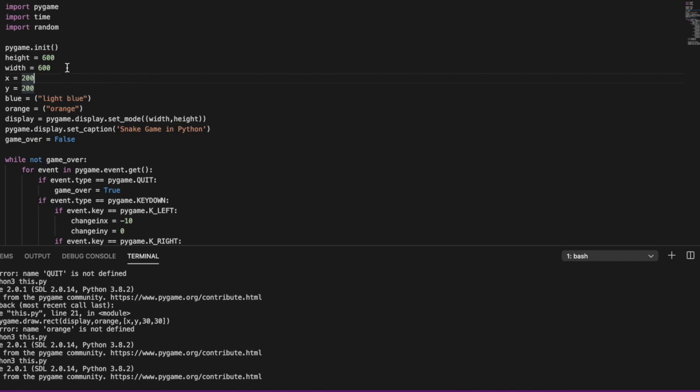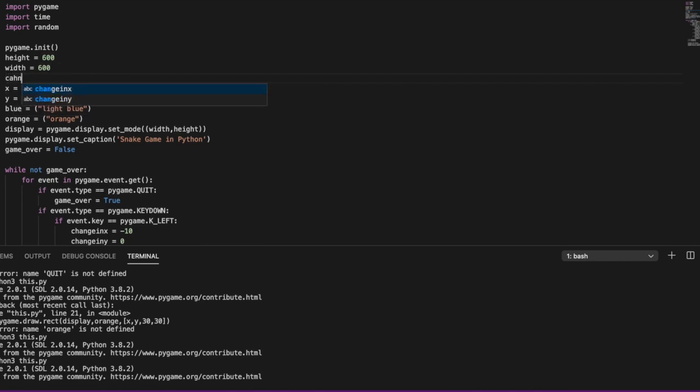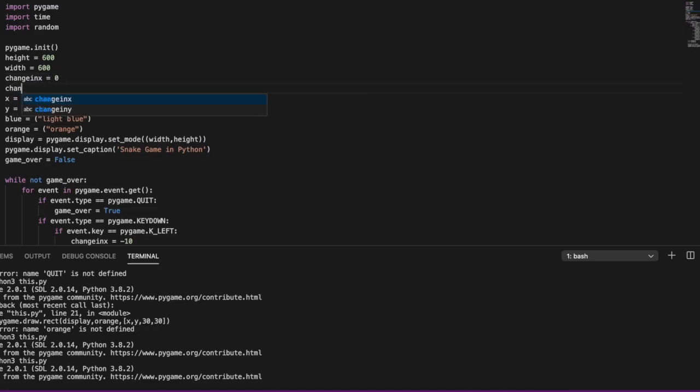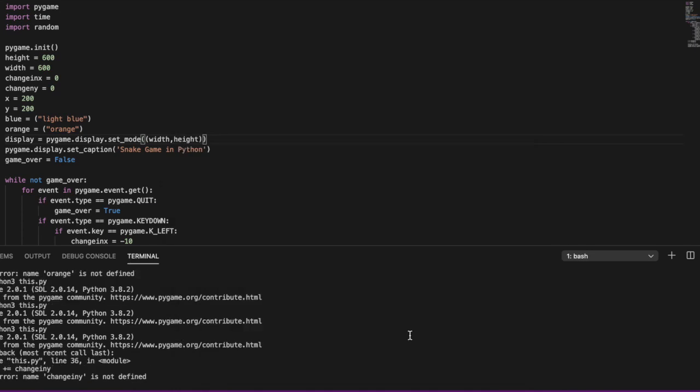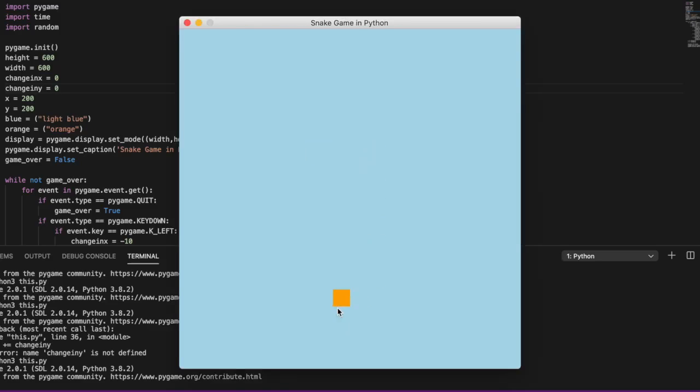So let's do change in x. When we start, x is 0. Change in y equals 0 when we start. Make sure to press Command or Control S, depending on what device, to save. And when we change in y. Yay, we can move. And as you can see, you probably know that it's moving too fast, so we're going